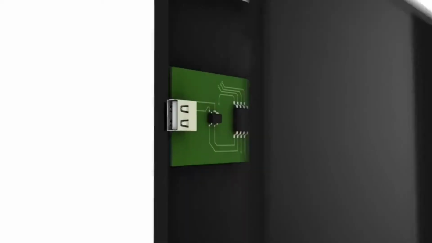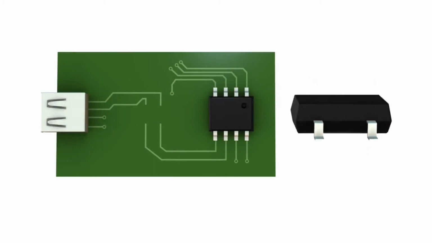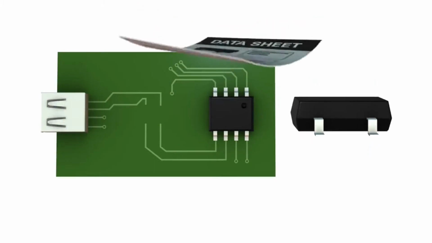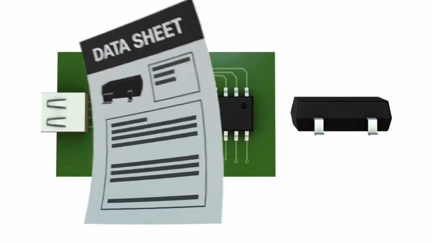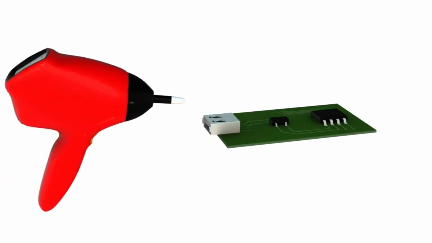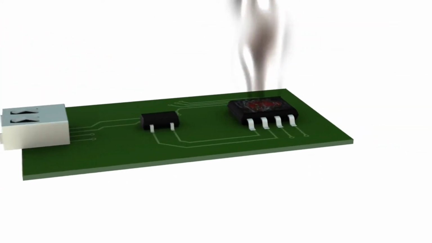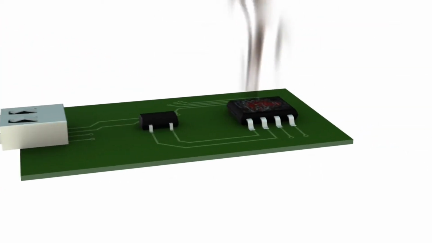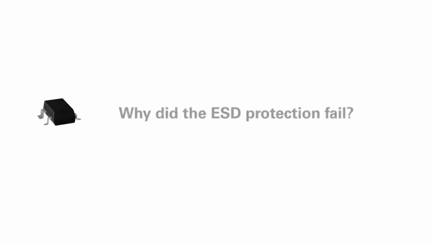Selecting the right TVS protection for a system is very difficult because the TVS device is designed with various parameters, such as breakdown voltage and dynamic resistance, which may or may not work well in concert with the chosen ASIC to meet the desired system-level robustness. One TVS device might provide good protection for a previous ASIC but perform poorly with a new version of the same ASIC. The question remains, why did the ESD protection fail? Why didn't it protect the system?